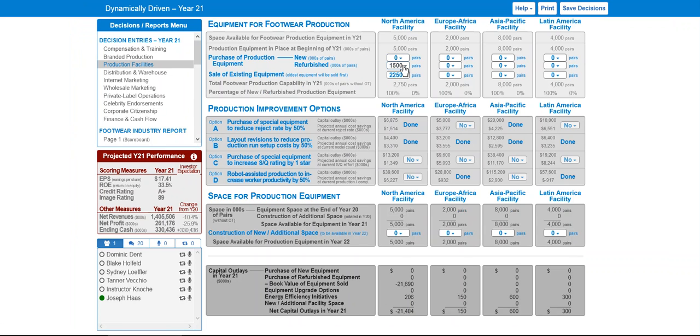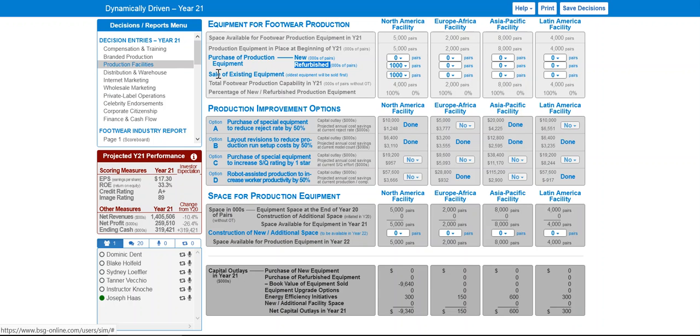So we started off purchasing refurbished equipment when we didn't have a lot of cash money. But I want to say by year 15, year 16, we were bringing in so much cash that I started to trade out our refurbished equipment, which all I did was I would sell